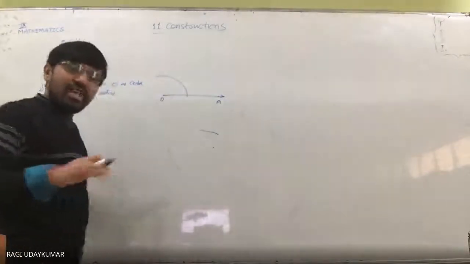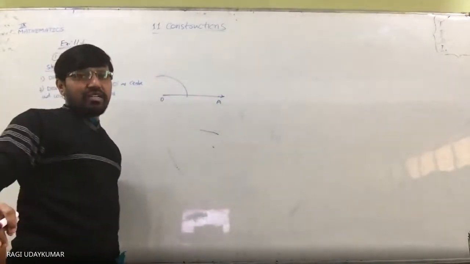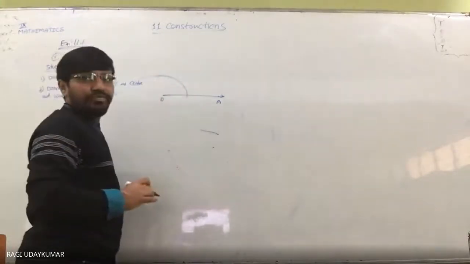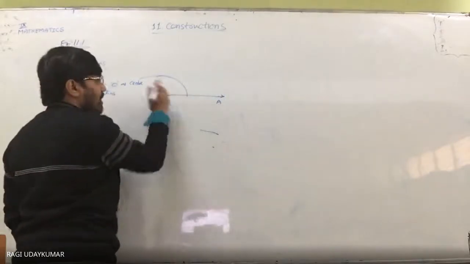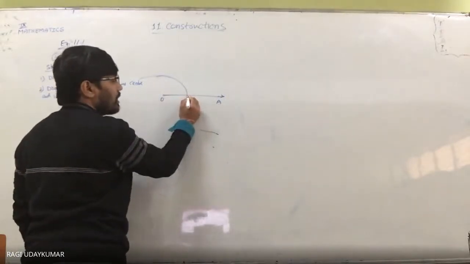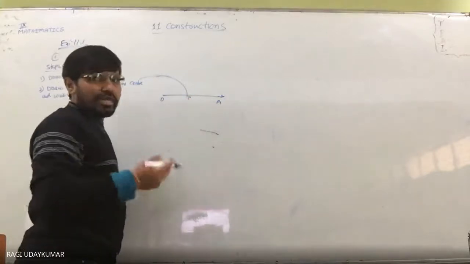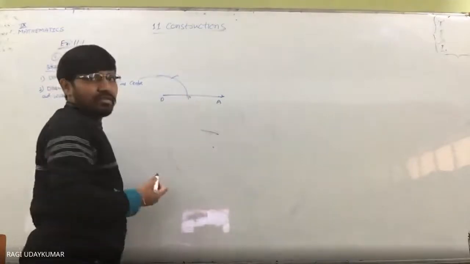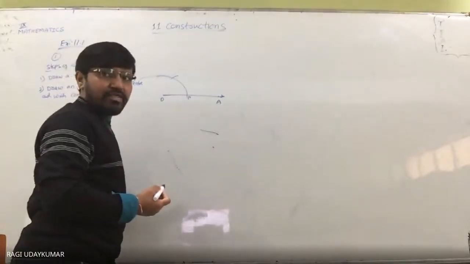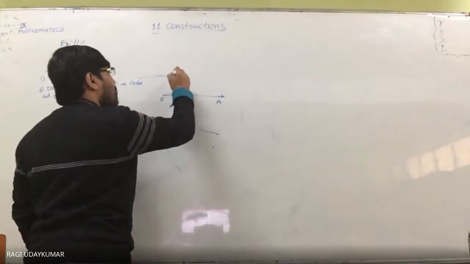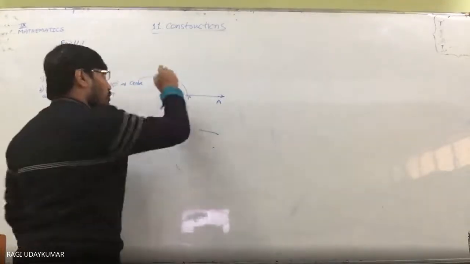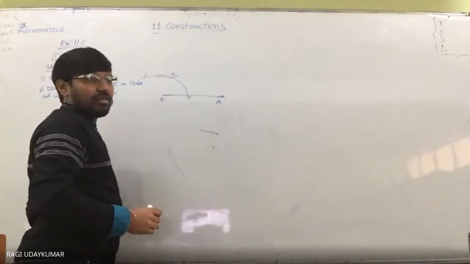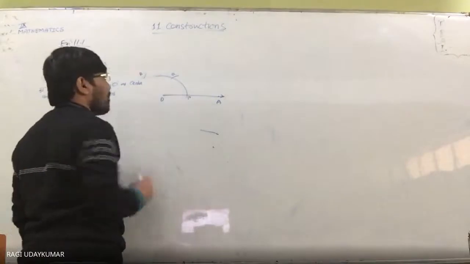So 60 degrees angle, first I will explain to you completely. You draw the arc a little bit long. O as a center, one arc, and let us consider the intersecting point as P. Whatever it may be, your point. Now P as a center, one arc with the same radius, and this intersecting point you consider as Q. Now Q as a center with the same radius, you draw another arc. Let us consider this as a point R.